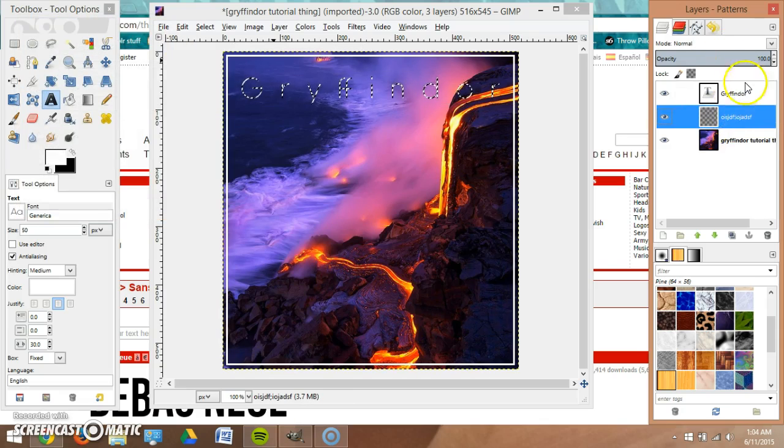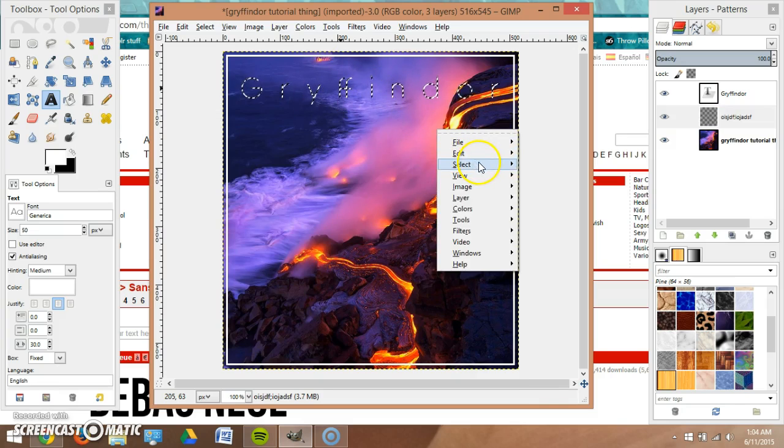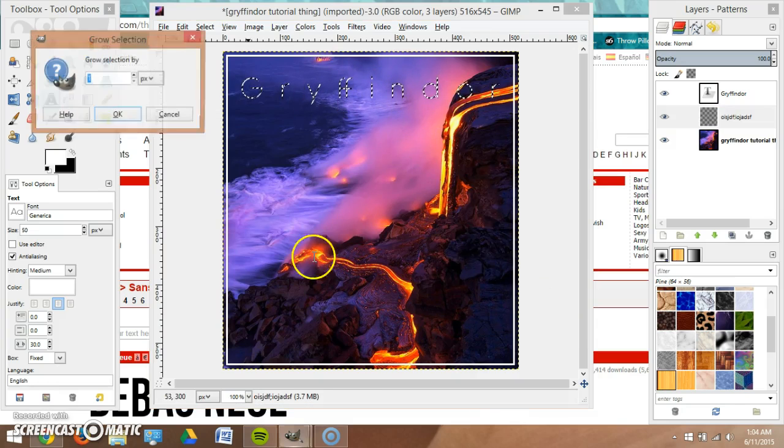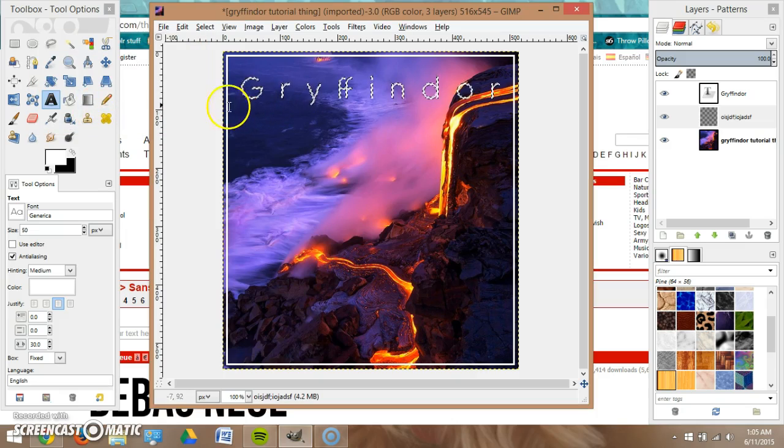And then you're going to drag it behind this because the outline is going to be behind the white text. You don't want it to be in front. And then right click basically anywhere on the image, select, grow. And what this is doing, it's just growing that selection by however many pixels. I suggest for a thin font like this, only growing it by 1. Because if you do a little more, the color kind of over dominates,